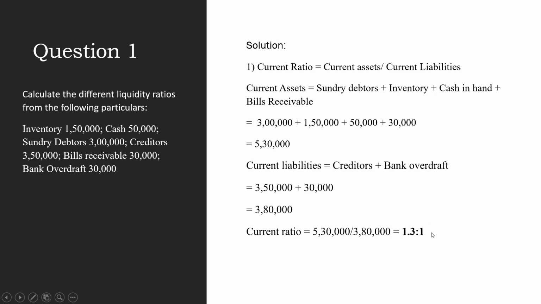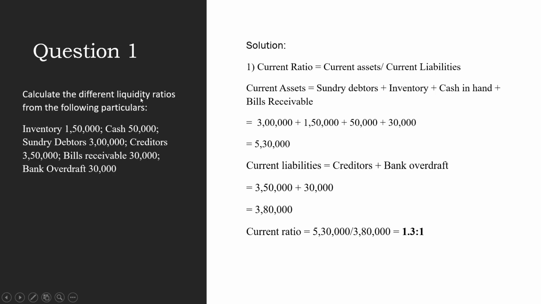But still, this ratio is good enough because this 1.3 belongs to current assets. That means current assets are still more than the current liabilities. So we can say that for this company, the current ratio is good enough. That means they are able to pay the current liabilities with the help of these current assets. Current assets should always be more than the current liabilities. So this is the first ratio, the current ratio, we have done under liquidity ratio.